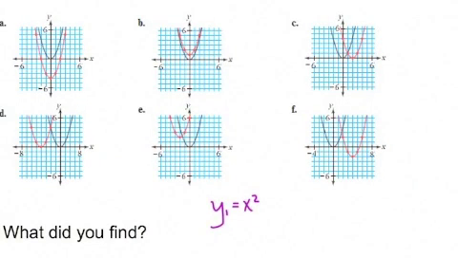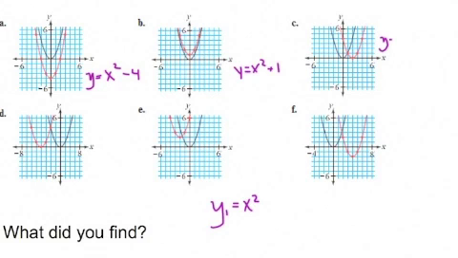So the solution for this parabola in red is y equals x squared minus 4. It's been translated down by 4 units. For B, you should get y equals x squared plus 1. And then for C, C and D are a little bit more tricky, but the equation for it